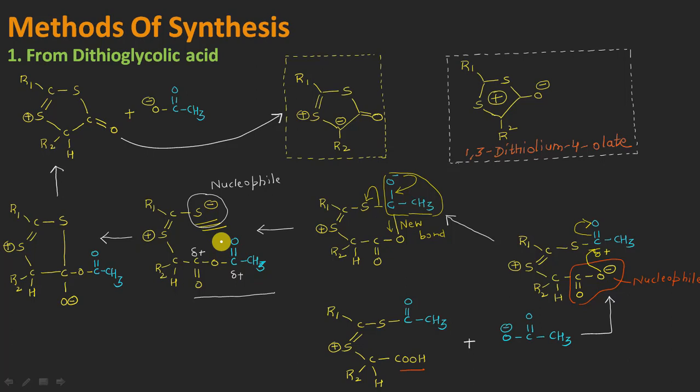And now just imagine that if this S negative nucleophile is attacking here on this carbonyl, resulting in the formation of a bond in between this sulfur and this carbon. So how many membered ring will be formed here? It will be 1, 2, 3, 4, 5, 6 and 7, right? And instead, if it is attacking on this second possible electrophilic site, I mean this carbonyl carbon, it will be resulting in the formation of a 1, 2, 3, 4 and 5 membered ring structure.